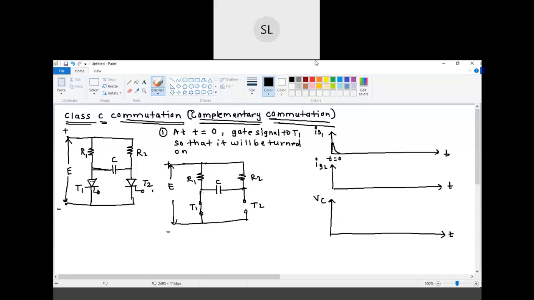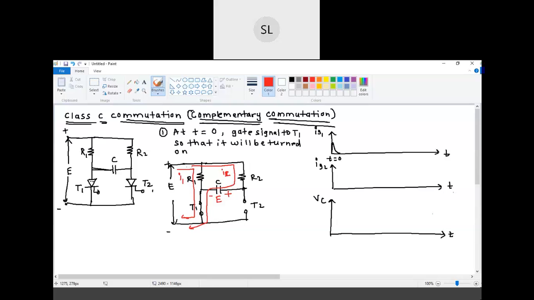Now when we turn on this thyristor T1 at t is equal to 0 by providing a gate signal to it, what will happen now? The current will start flowing through this T1. Okay, now two currents will come here. One current is through R1 and T1, and another current that will be flowing through T1 will be through R2 and this capacitor C, like this. So this will be I1, and this will be IC rather, because it will charge the capacitor with the given polarity, that is with right plate positive and left plate negative.